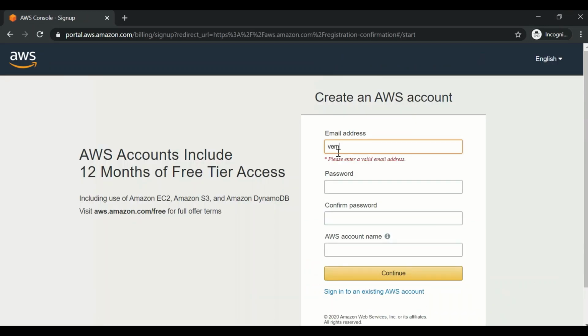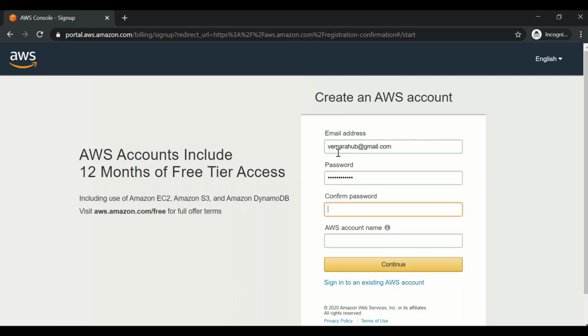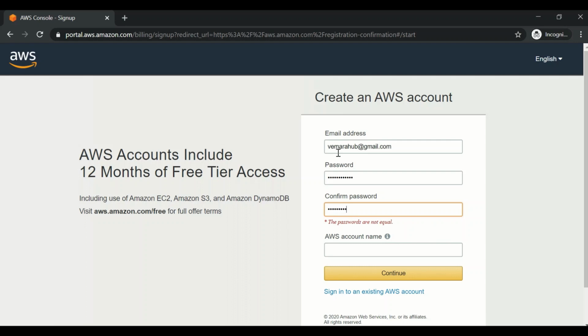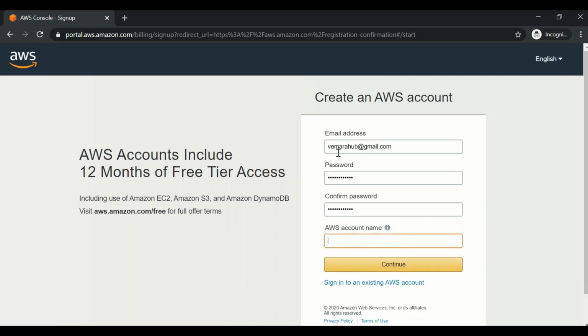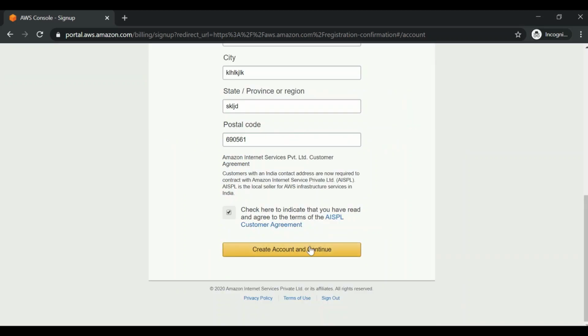Provide your email ID, a password for yourself, and the account name which you want. It can be any name, and you can change it afterwards. This account will be a 12 months free tier account. You can use the different features, including S3, for 12 months for free. Agree to the terms and click on create account and continue.